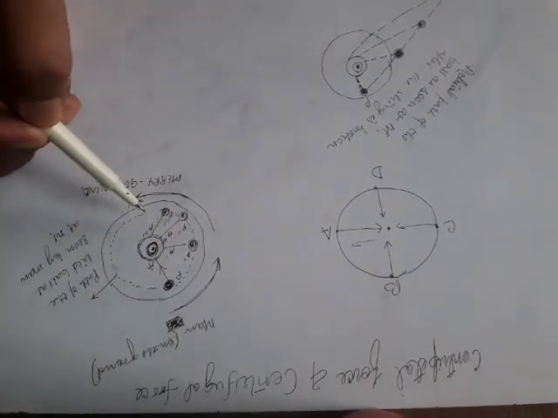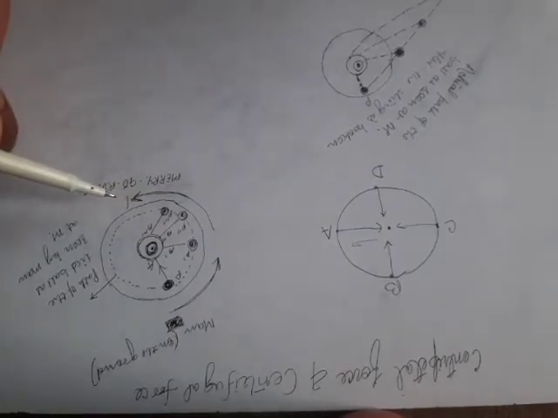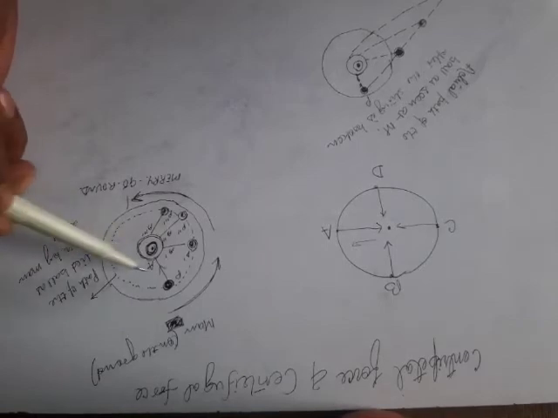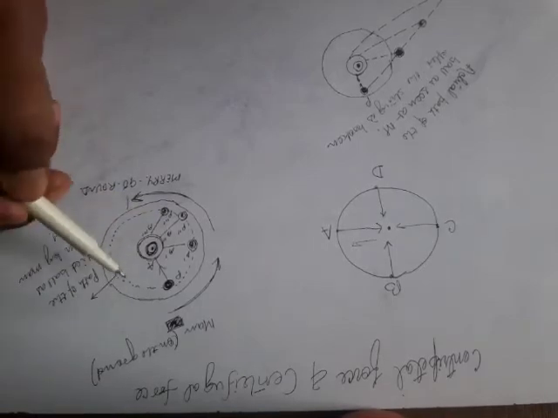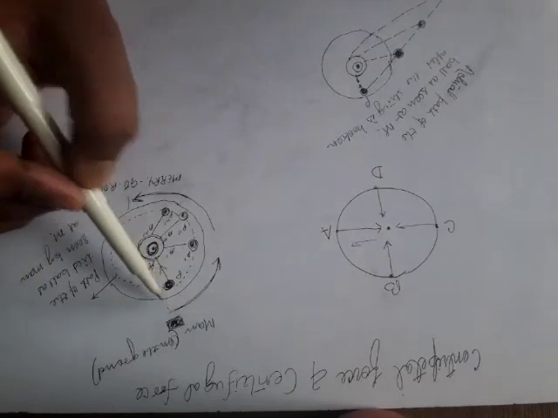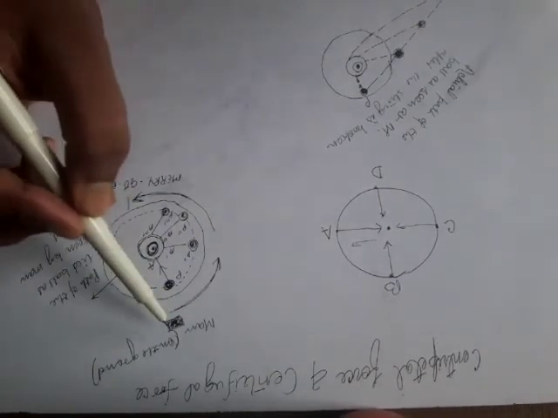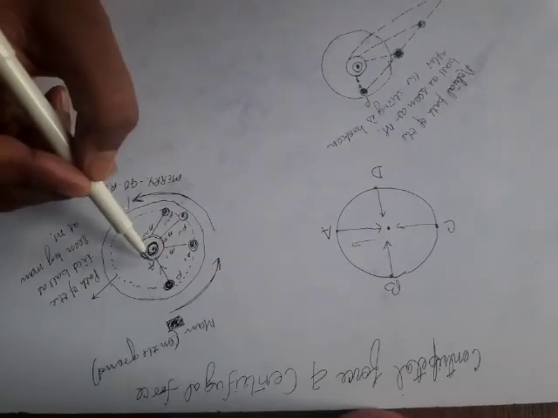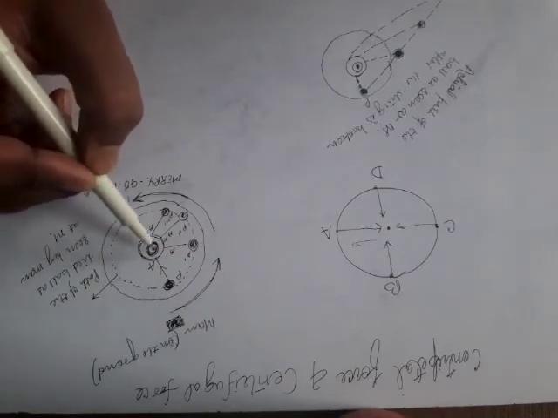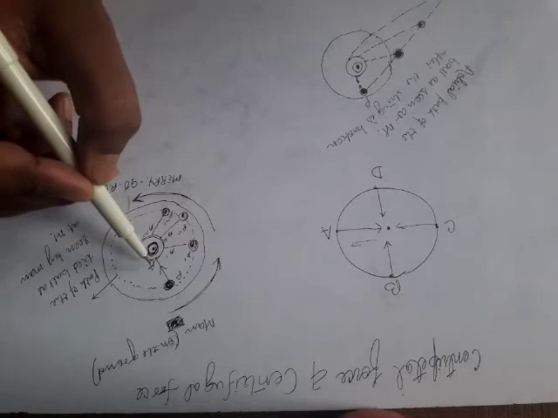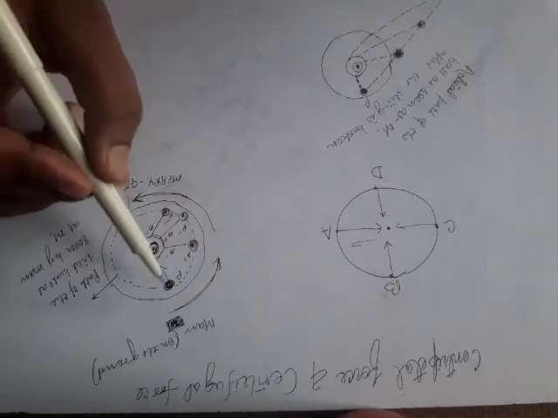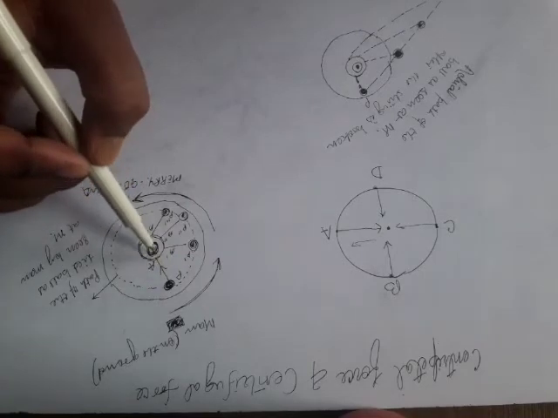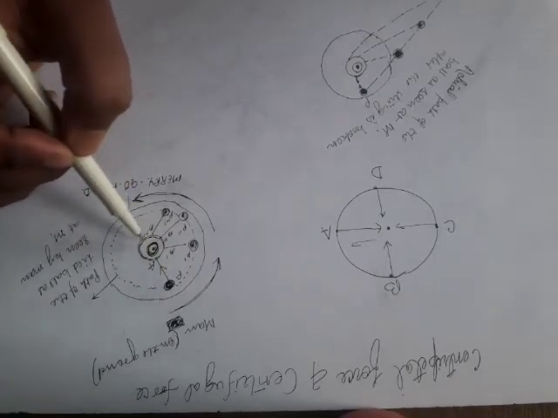In the previous condition, suppose this merry-go-round is in a stationary position, and a man is standing outside the merry-go-round and observing. It is an observer, and a man is sitting on the platform of the merry-go-round. This is man A, represented as A, and this is P. P is the ball which is tied through a string on this platform of the merry-go-round.